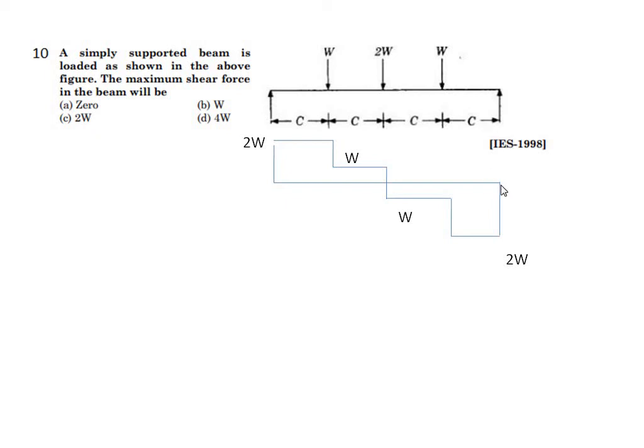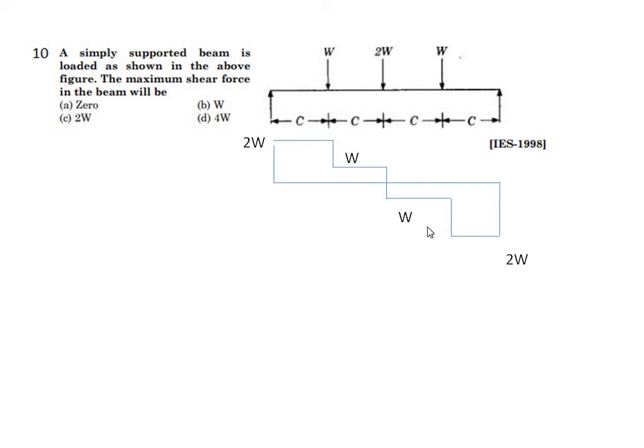So the shear force diagram you can very well put it as, 2W due to the reaction, and then there is no loading, a sudden spike of W due to the load W, and there is no change up to this point, and a sudden change of 2W from W to 0 and from 0 to W here, and again no change, and then from W to another W, that is a 2W spike, and finally due to the reaction of 2W it comes to 0. So this might be the shear force diagram.